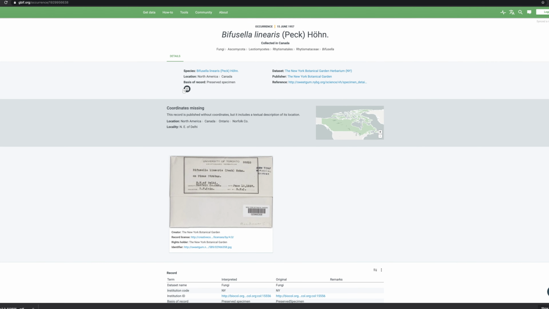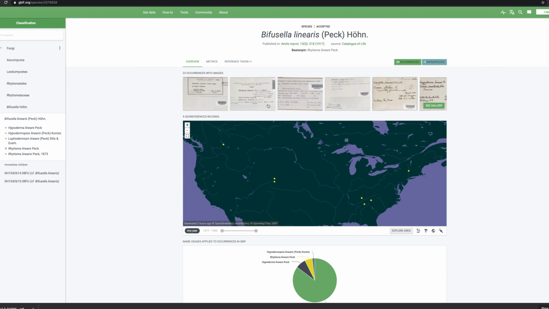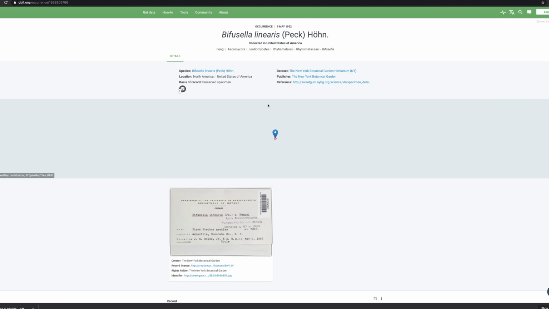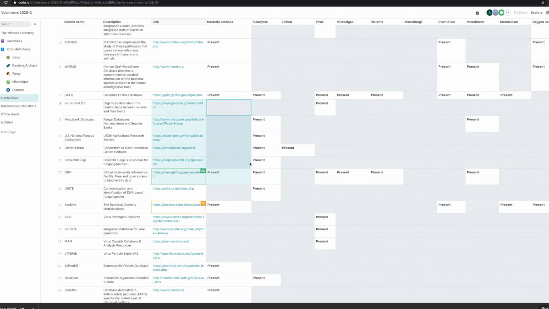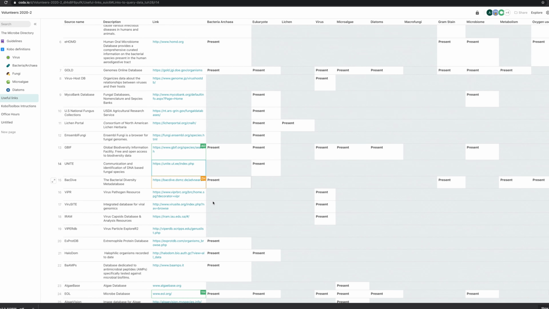We don't have anything else. Let's see the other one. For this fungi, they found it in the host, which is the Pinus strobus needles. We kind of knew that, but this is a good source of information. We're gonna leave that open, and we're gonna go to the next one,